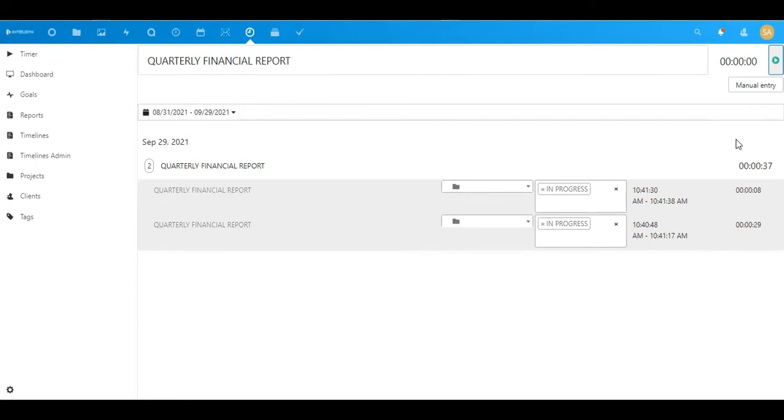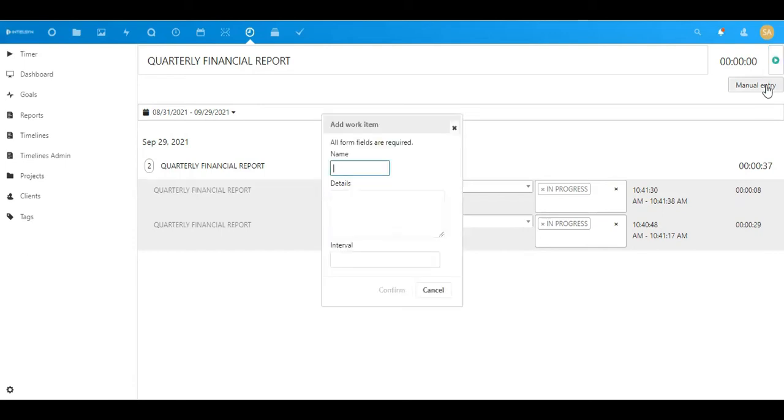Now, you might have forgotten to press start. You need not worry. Just use the manual editor to add entries from the past or edit existing ones in case you need to make some changes. So in case you want to make a manual entry, click on manual entry.